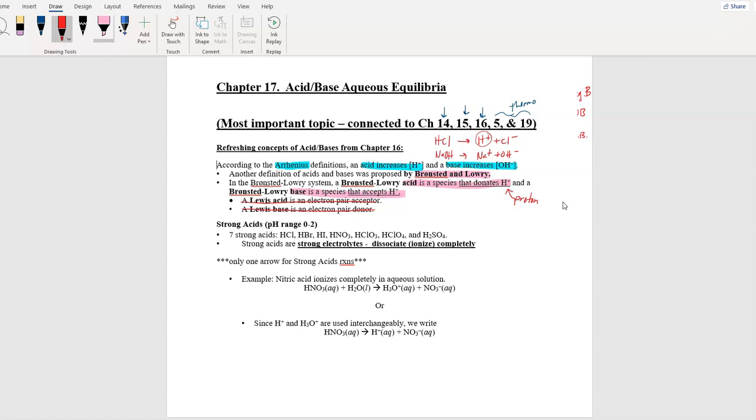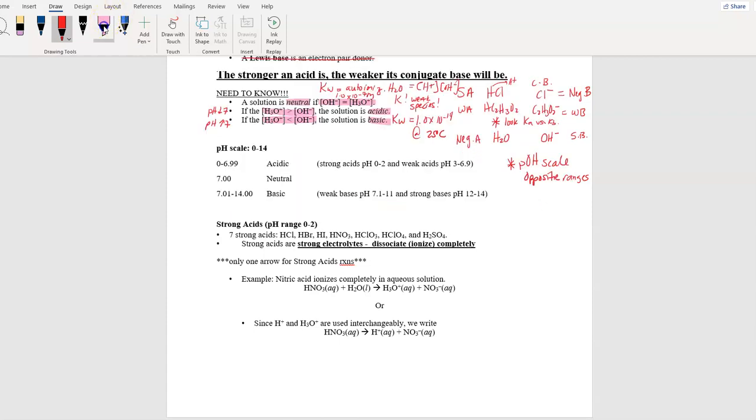The pOH scale is the opposite ranges. So for an acid, the pH from 0 to 7, if it says acidic on the pH scale, it'd be basic on the pOH scale. Strong acids, 100% completely dissociate, okay, and it does help to know who those 7 strong acids are. We use that one single arrow to dissociate it. How you write the equation, whether you want to put water in it or not, doesn't matter to me. But when you do put the water in, make sure